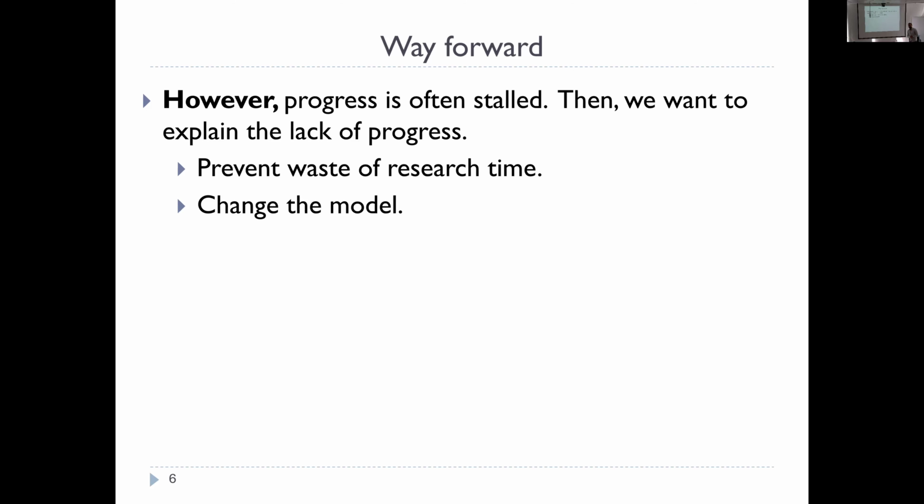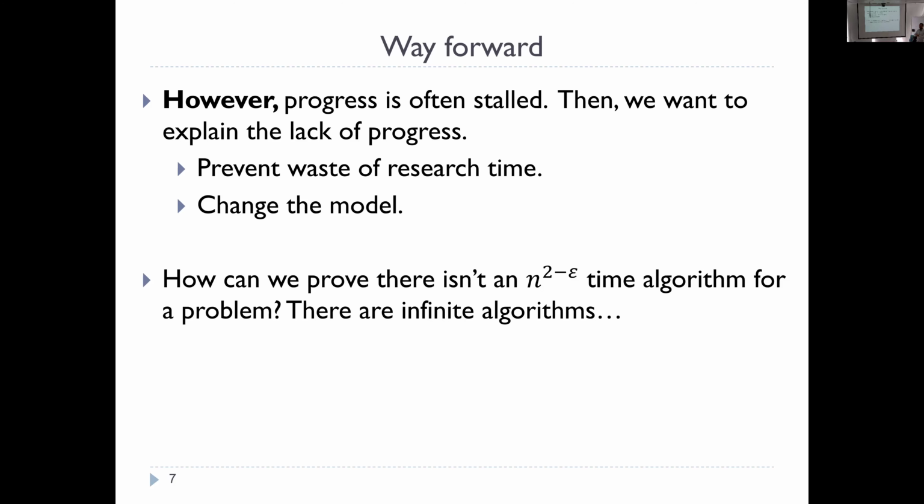So if there is a problem in practice that is typically being modeled in a certain way that now we think is very difficult, maybe we should try remodeling the problem, model it differently, in another way, so that we can circumvent that hardness. But how can we prove that some algorithms are unlikely, that breaking maybe n squared is not something that we should hope for?